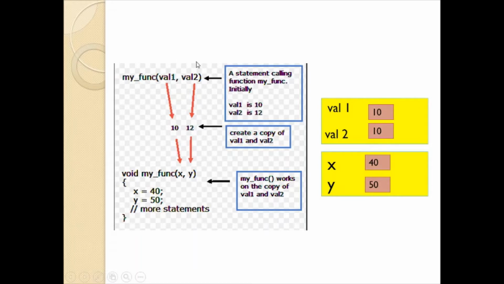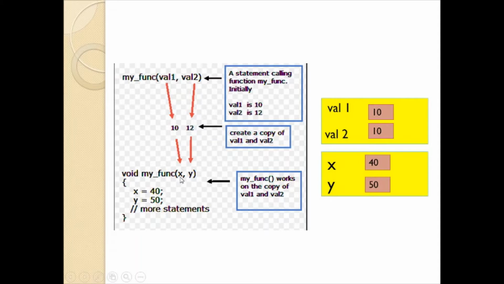When you pass these values to the called function, the formal parameters which are declared in the function definition of this called function will get a copy of these actual parameters or arguments. So x and y are going to receive the copy of these arguments.